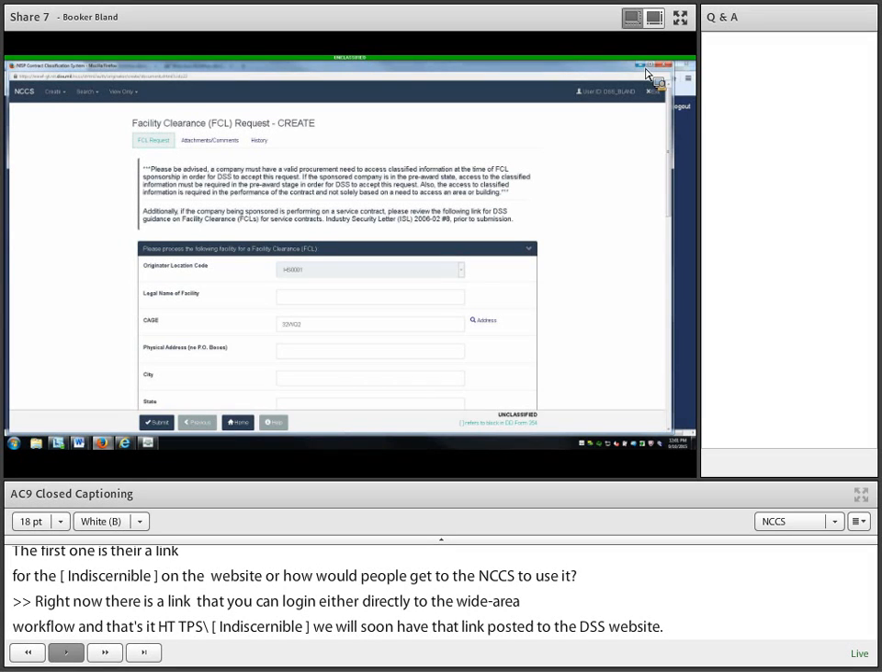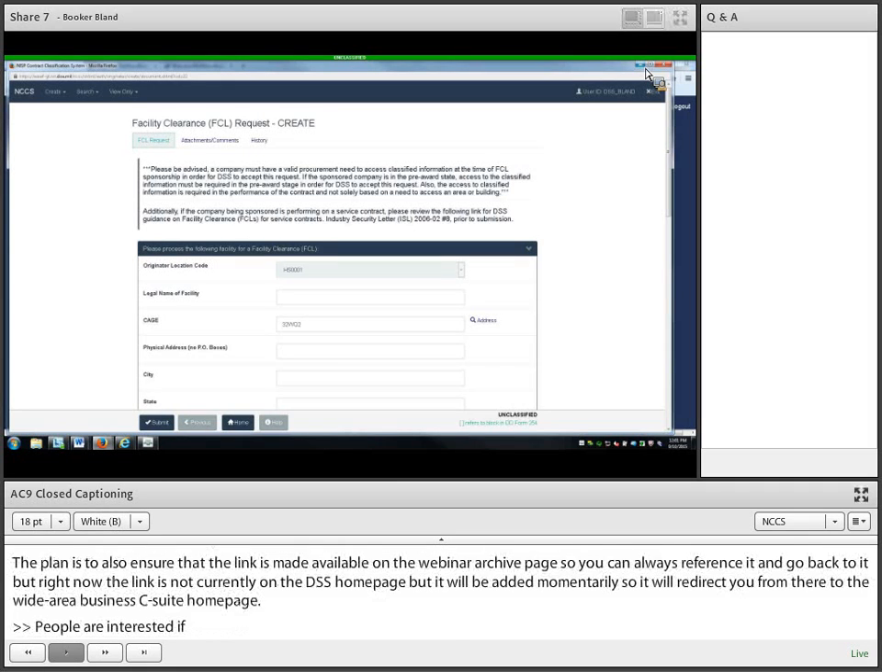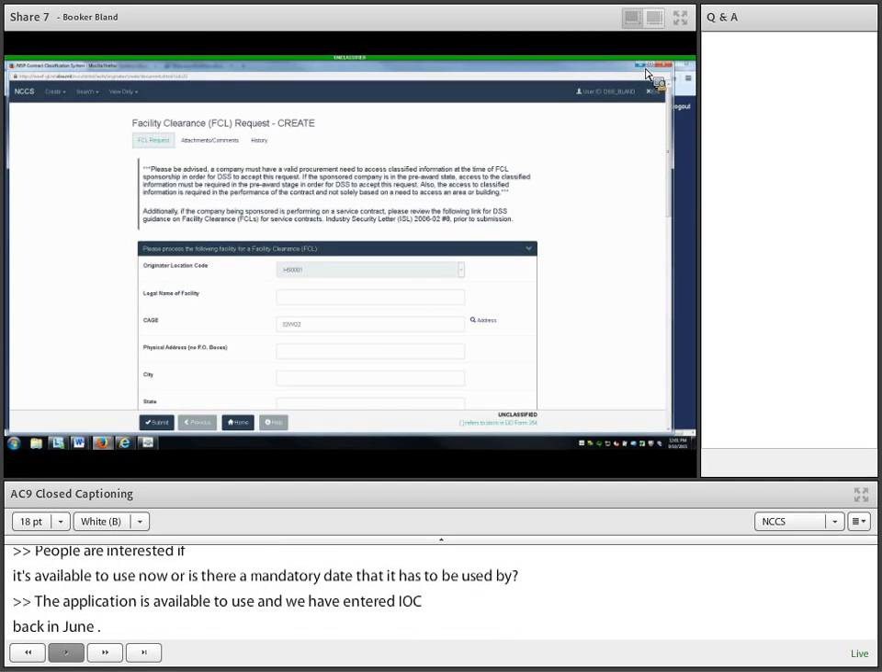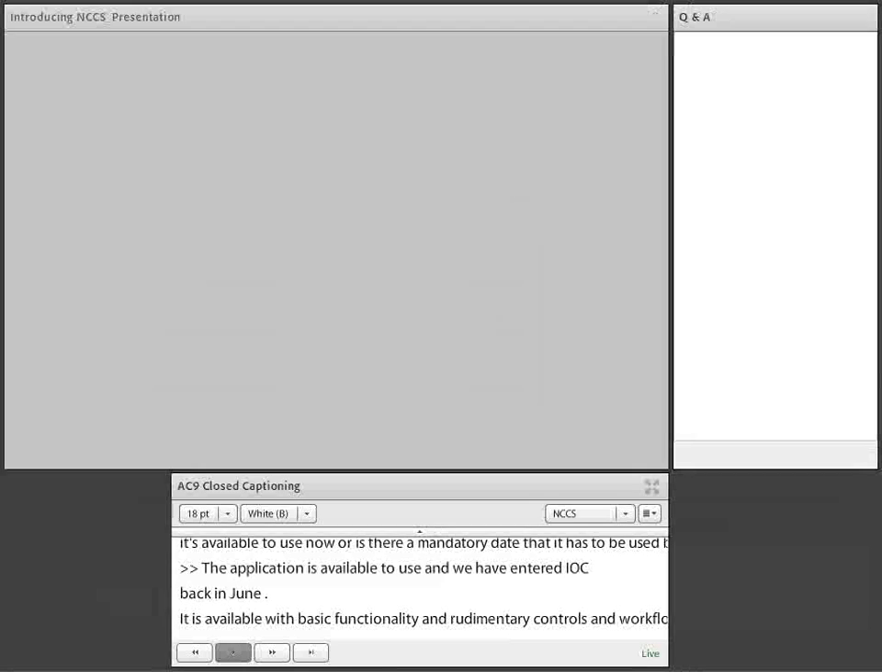And the other one that I see here that a lot of people are interested in is, is it available to use now, or is there a mandatory date that it has to be used by? Well, the application is available to you. We have entered IOC, and that happened back in June, and it is available with basic functionality, rudimentary controls, basic workflow. And the interface with SAM is up and available, as is the interface with ISFD. So if for nothing else, use it for the SAM application piece of it, and the interface with ISFD, which will automatically